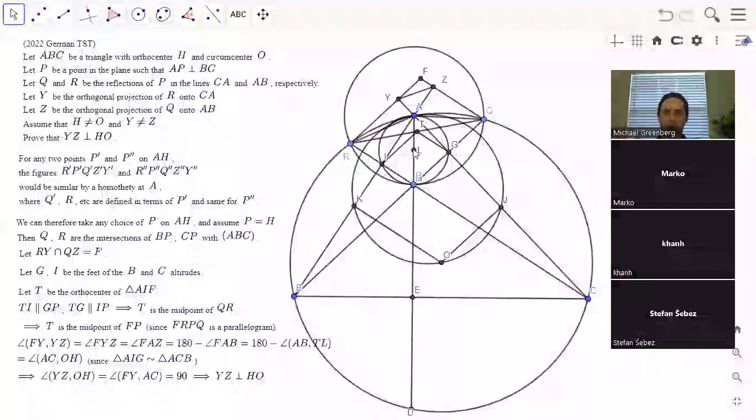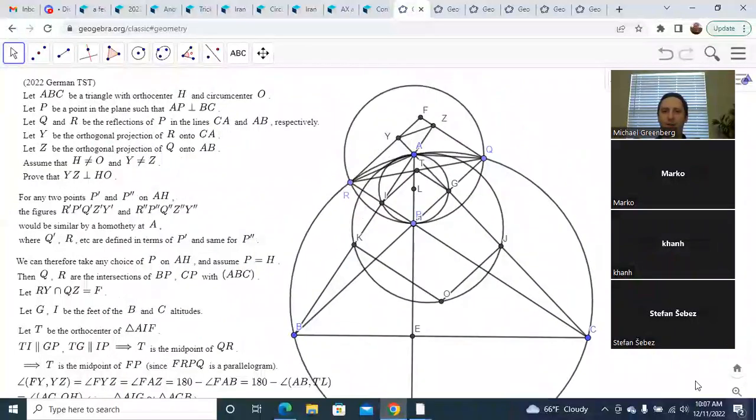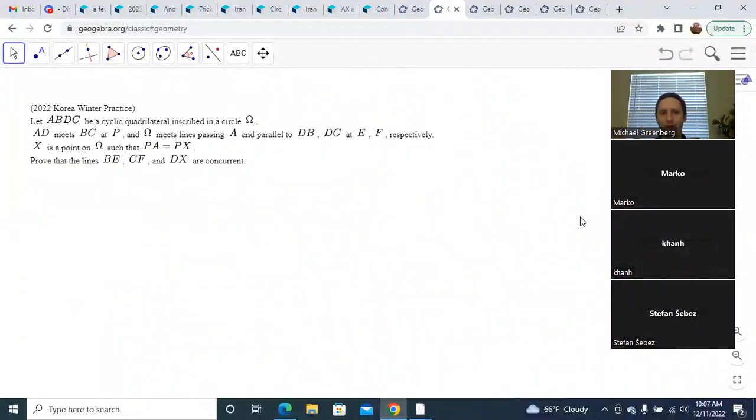L is the circumcenter. So this is the angle between this orthocenter and circumcenter and one side. So that should be the angle between this orthocenter and circumcenter and this side. So yeah, that's a very, very nice solution. All right, so